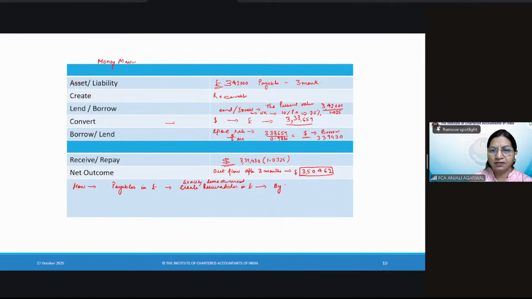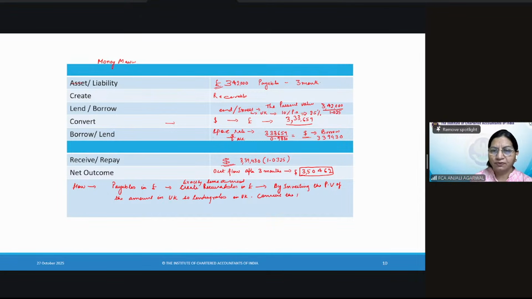By investing the present value in the UK. So lending rates would be applicable, right? After this, convert